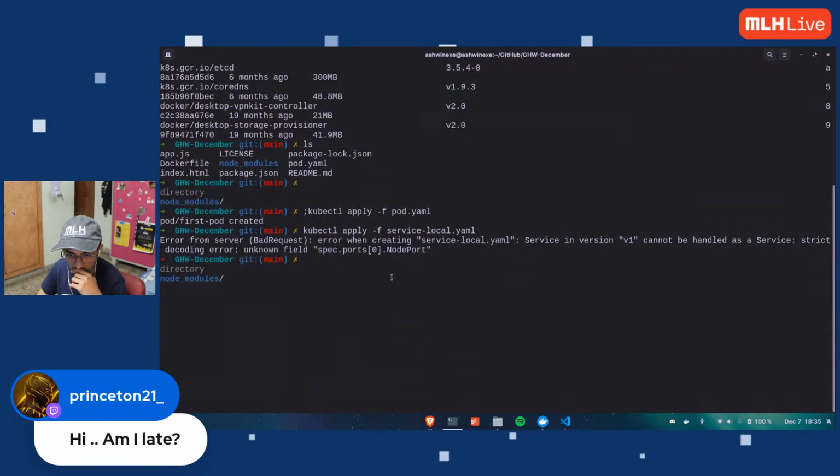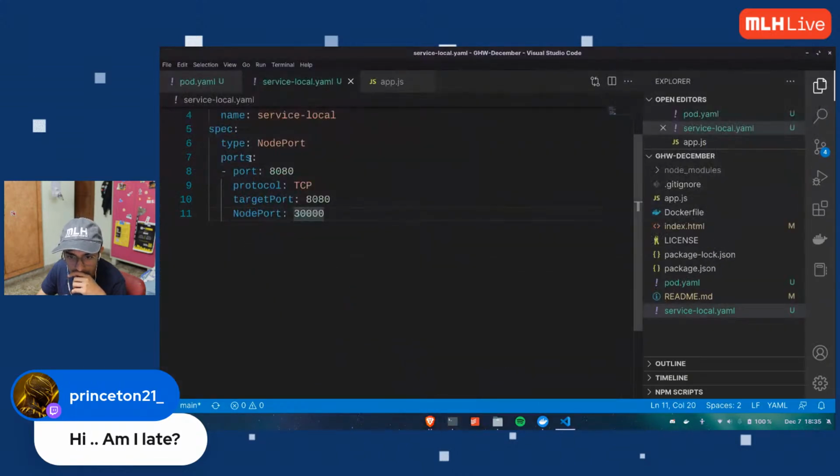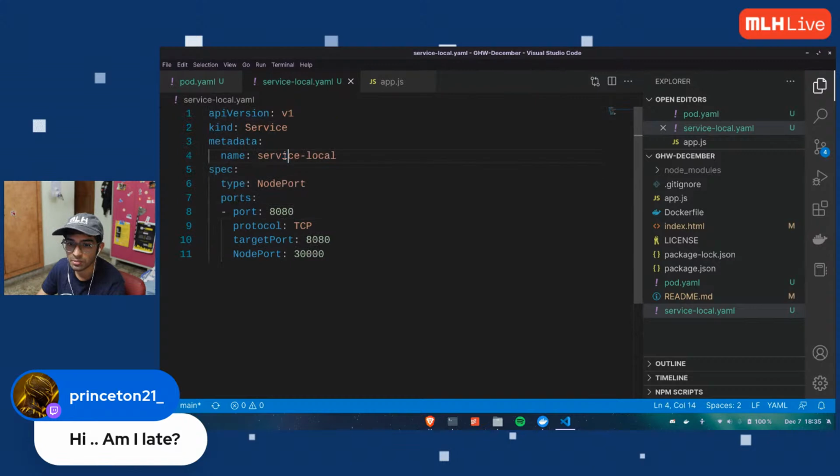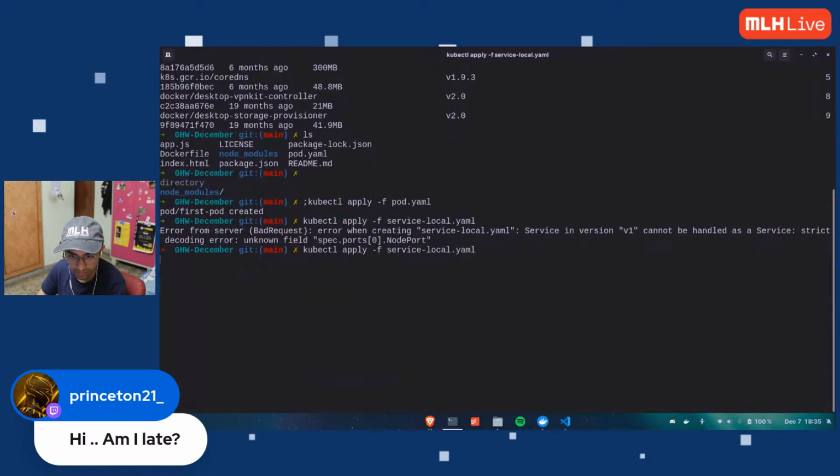It is an unknown field called ports. Oh, did I put ports? Okay, wait, that should be fine. What's going wrong here? Let's see if this works.